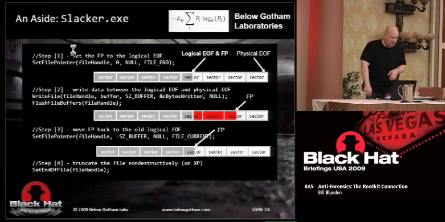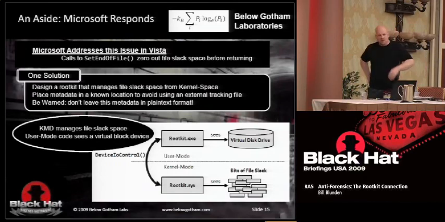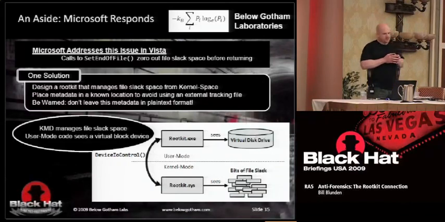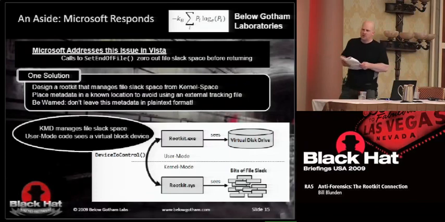So sure enough, Microsoft realized its error. What happened was they changed the API. Initially, set end of file was a non-destructive truncation. Now they've re-implemented it for Vista, and when you use it, it will zero out slack space when it returns. So this doesn't necessarily mean we're out of the game,